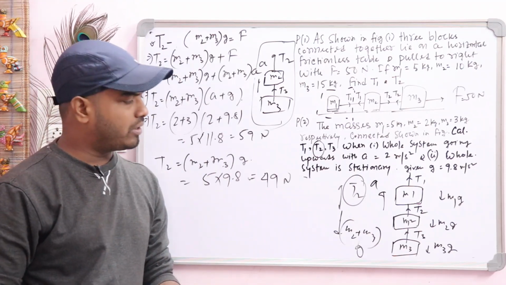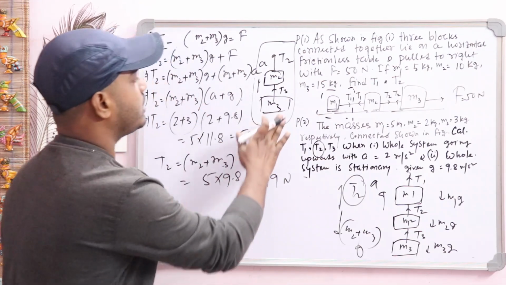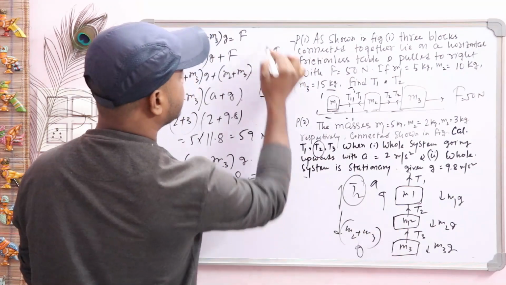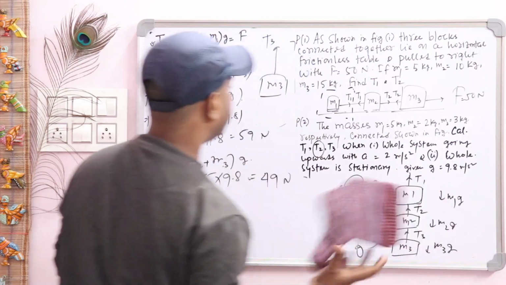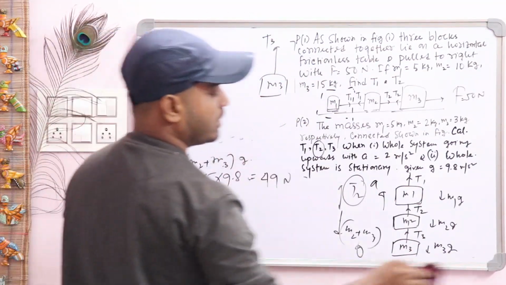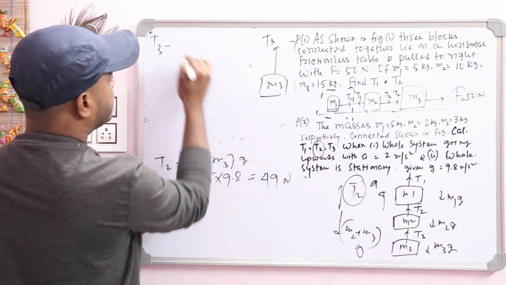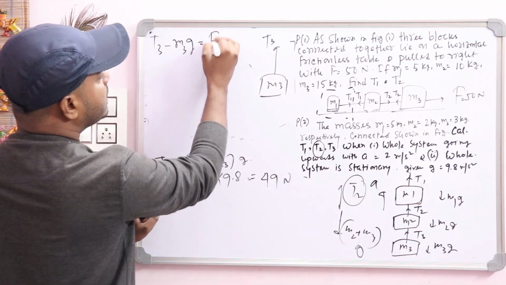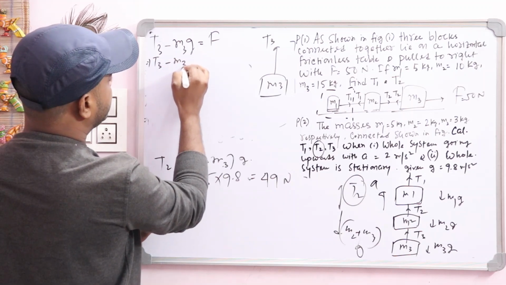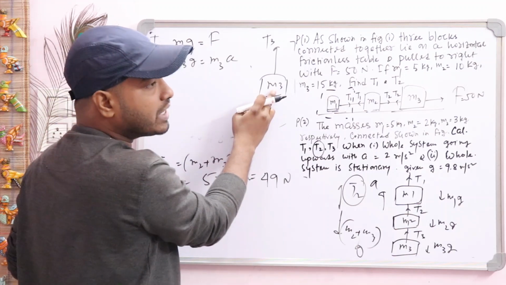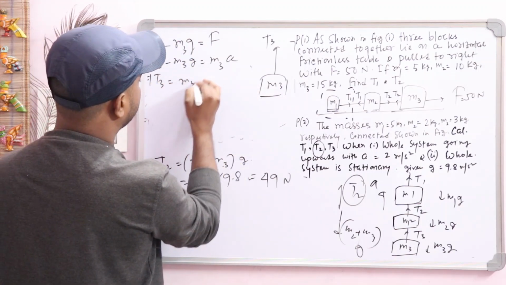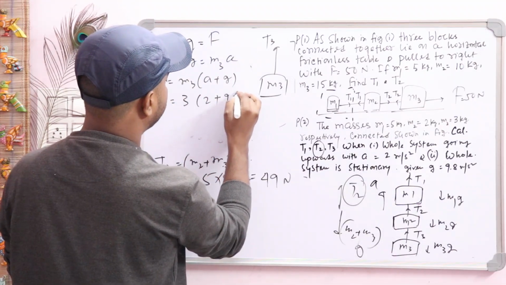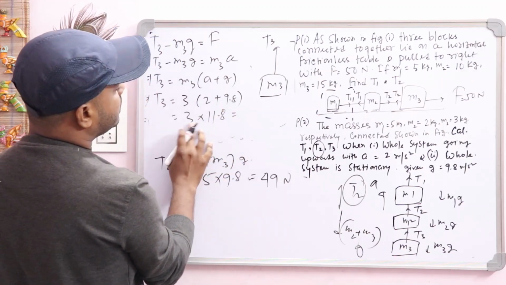In the same way, you can find out the value of T3 also. For finding T3, you just consider this figure. This is M3 and in the upward direction there is T3. So for the third case, the net force is T3 minus only the weight of M3, M3 into G, which is downward, and T3 upward, and the system is moving upward. So T3 minus M3G is the net force F, that means M3 into A. Here only mass M3 is present, so T3 is equal to M3 common, (A plus G). So T3 is equal to the value of M3, 3 kg, into 2 plus 9.8, that is 3 into 11.8, 33, and this one is 24,